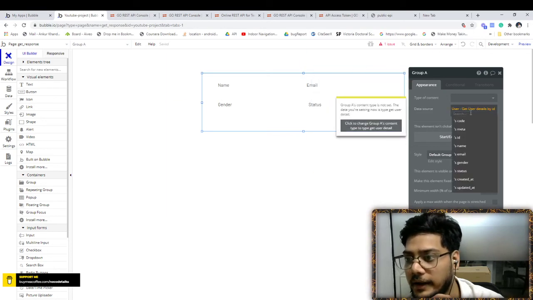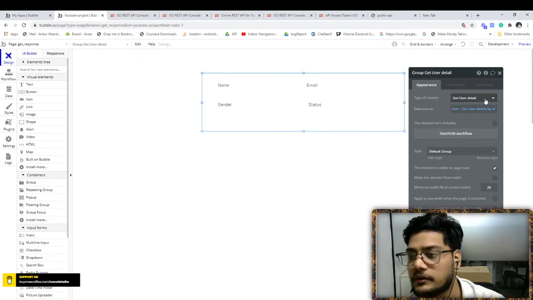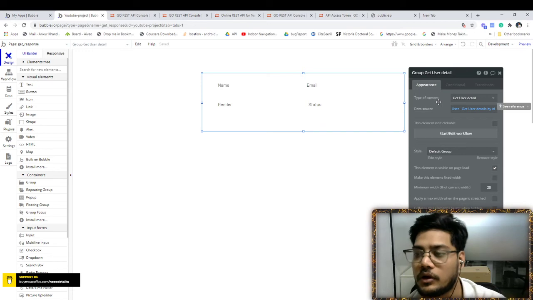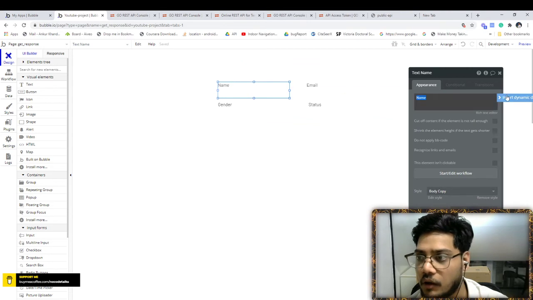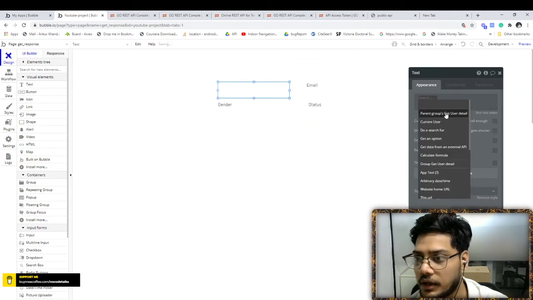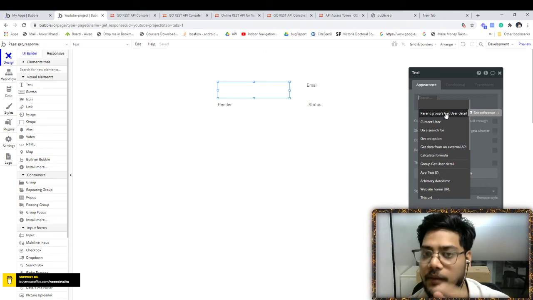It is showing red because we have not specified the type of content. If you click here, it will automatically define the type of the content. That is perfectly okay. Now we click on this name, because we have to show the name. We click on insert dynamic data. Yes, parent group get user detail, because the parent is this group that we have already assigned.